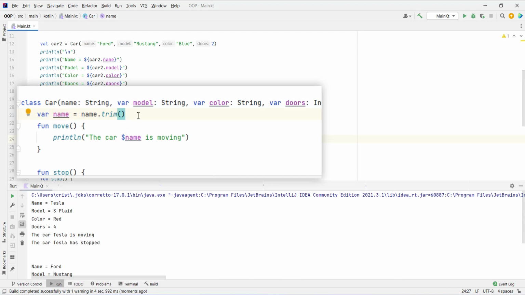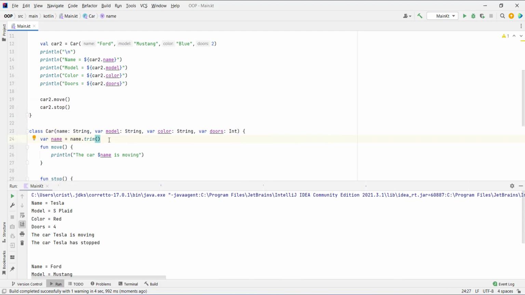So in this case, this can be a scenario where, instead of declaring the property directly here, you can declare it as a parameter. But what we can do if you want to add more code than just one line of code, in that case we will need to use what is called initializer blocks. But we're going to look at the initializer blocks and at other things in the next video, because this video is long enough. So see you in the next video.